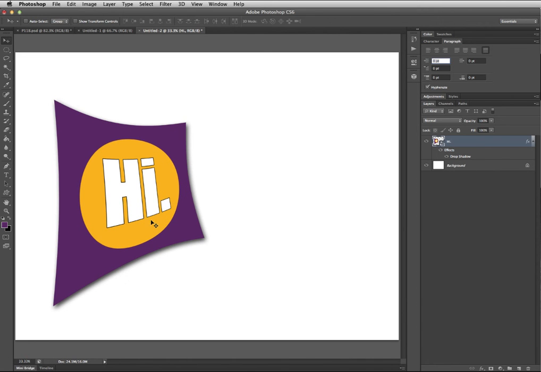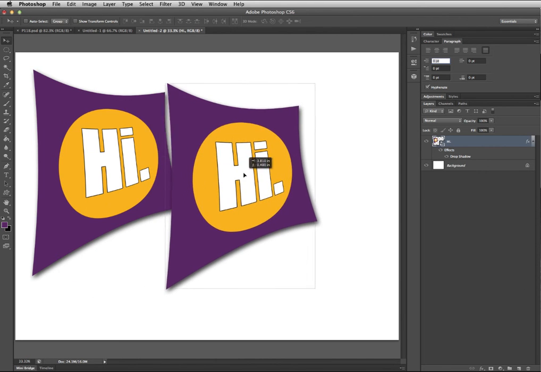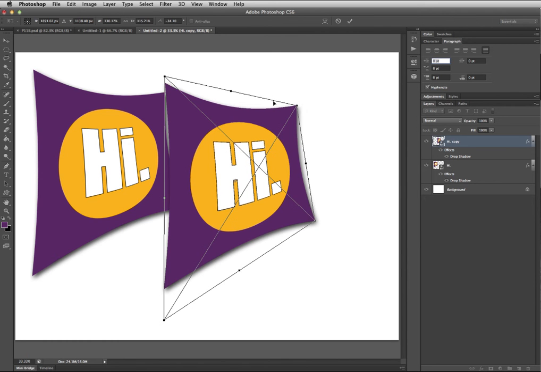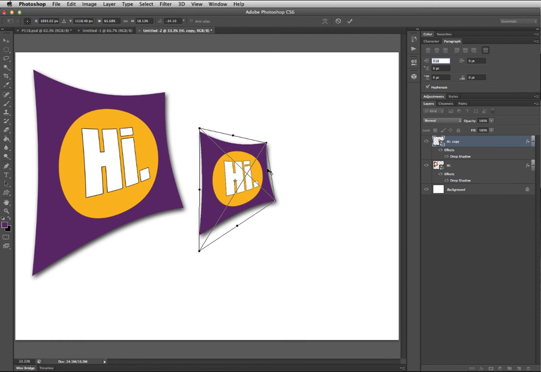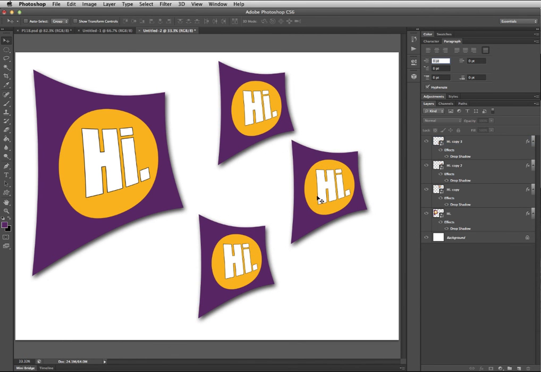The other really cool thing about smart objects is if you make copies of a smart object and then edit one of them, it will change all of the other ones because it's really just making a duplicate of the exact same thing. So I'm going to hold down Command and Option to be able to make a duplicate and click and drag. And just because this is so big, I'm also going to transform it and make it smaller. And push enter to finalize that. And I'm just going to make a couple more to show you what I mean. So here over in our layers we can see all of our different